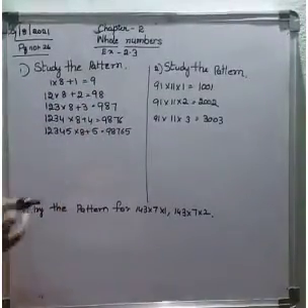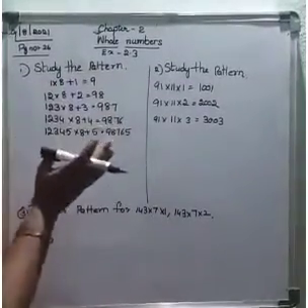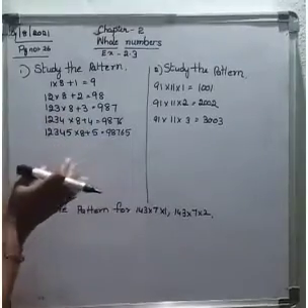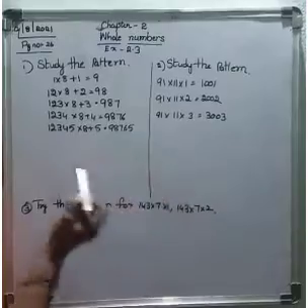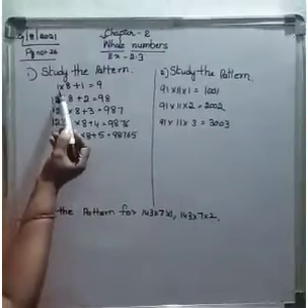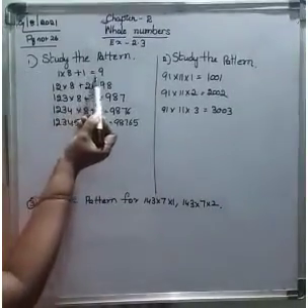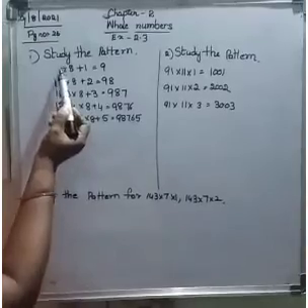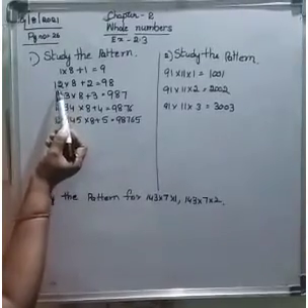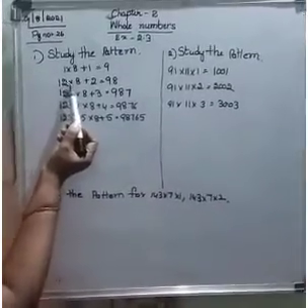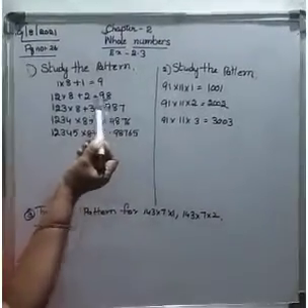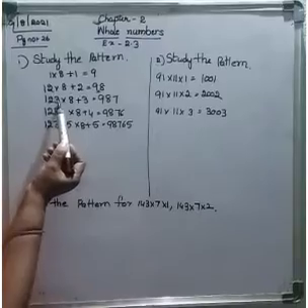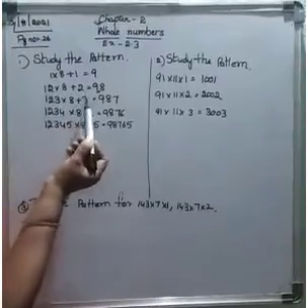What pattern is given for us? First study very well. Observe carefully. Then you have to do the next pattern. Okay? 1 into 8 plus 1 equals 9. After 1, number 2. 1, 2 into 8 plus 2, so what will come? 98. 1, 2, 3 into 8 plus 3.